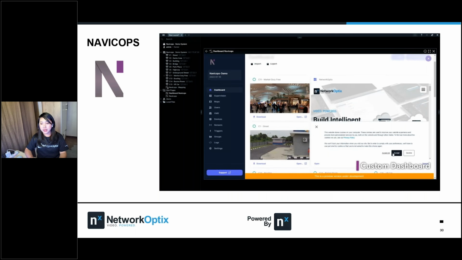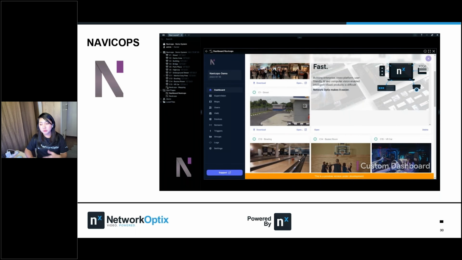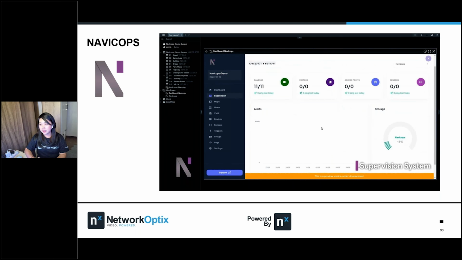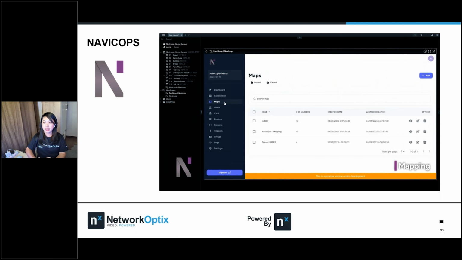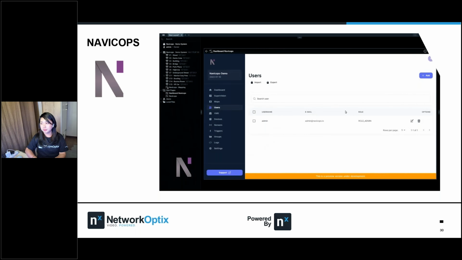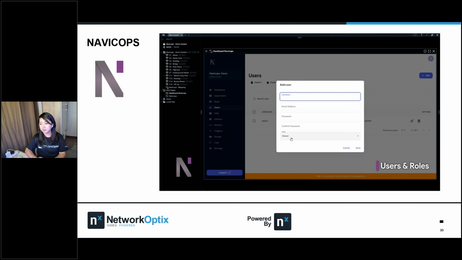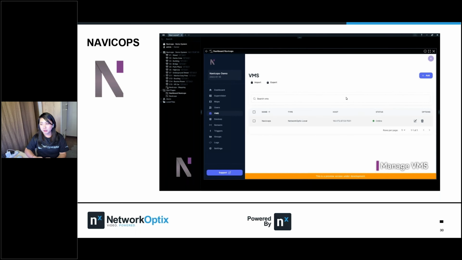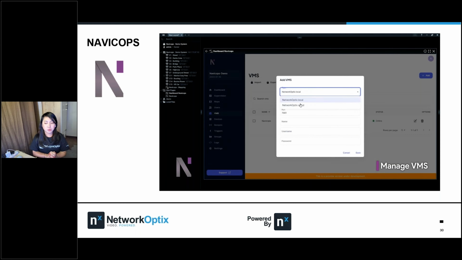They have almost the same dashboard as Nx Witness, we have a supervision system, and maps. You can add a user, and then you can select them as a viewer, editor, or admin.